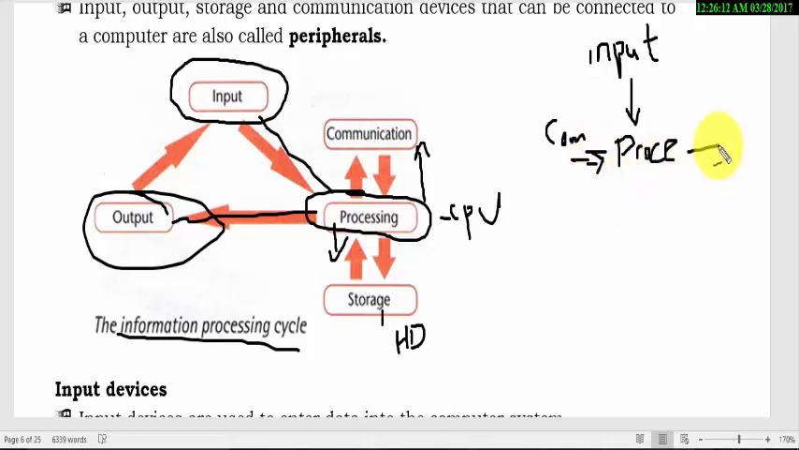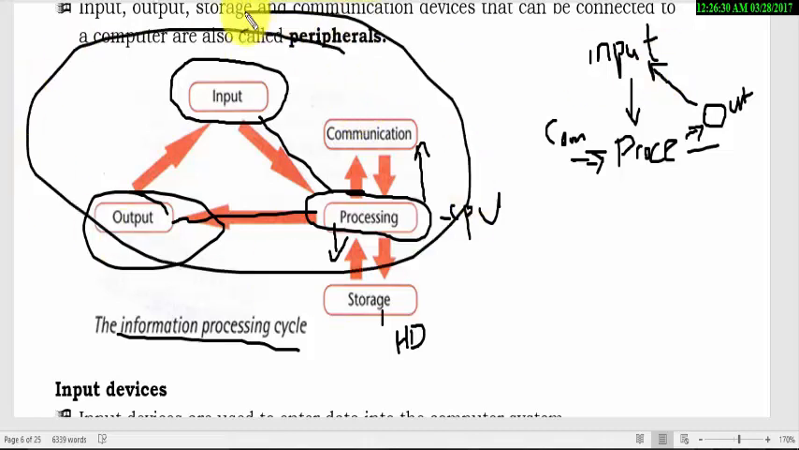Then we have what we call output. We are able to see what we are doing on the computer. With this arrow I am showing that output can also come back to what we call input. So this type of diagram, learners, is what we call the information processing cycle,